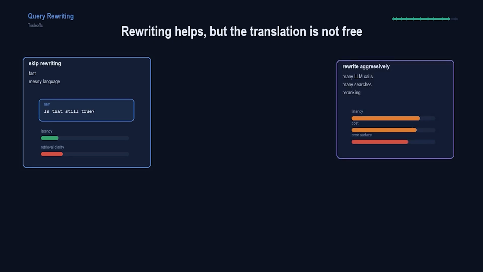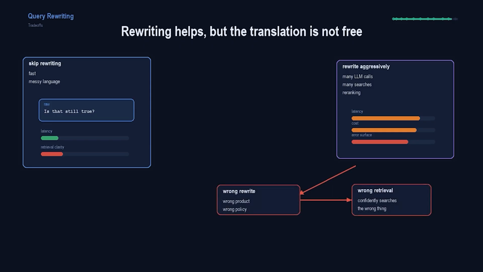That adds latency, cost, and if a rewrite goes wrong, like if the system resolves it to the wrong product or a pseudo answer hallucinates the wrong policy entirely, the retrieval step inherits that mistake and searches the wrong thing with full confidence.